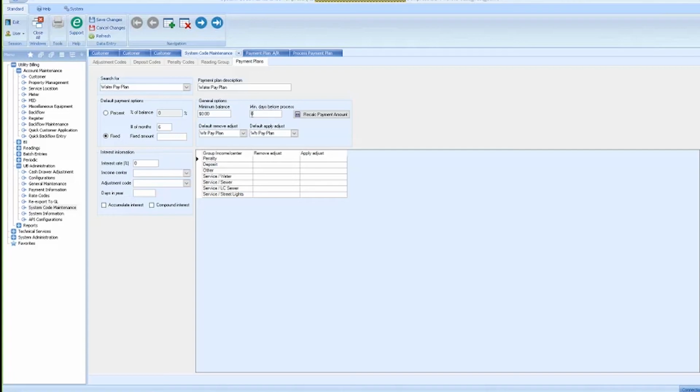Minimum days before processing. This is kind of a safeguard to allow the payment process not to be run too early for people. A lot of people will put 30 days here, 60 days here, something like that, depending on how often you bill. But it will prevent the pay plan processor being run on an individual